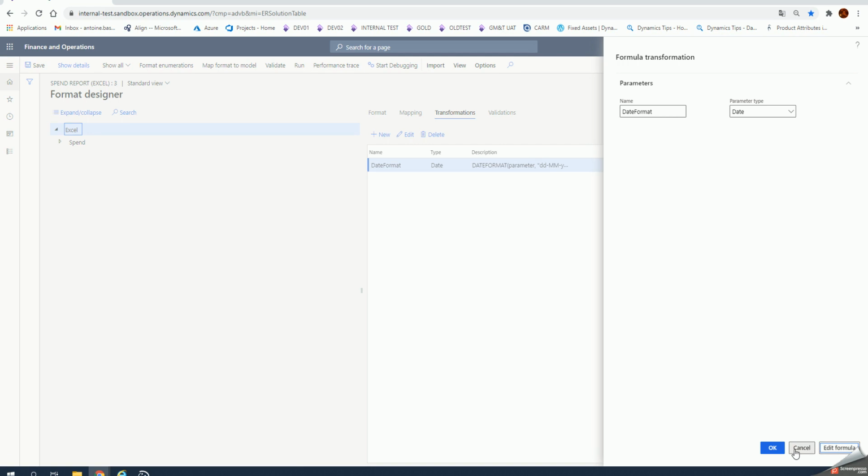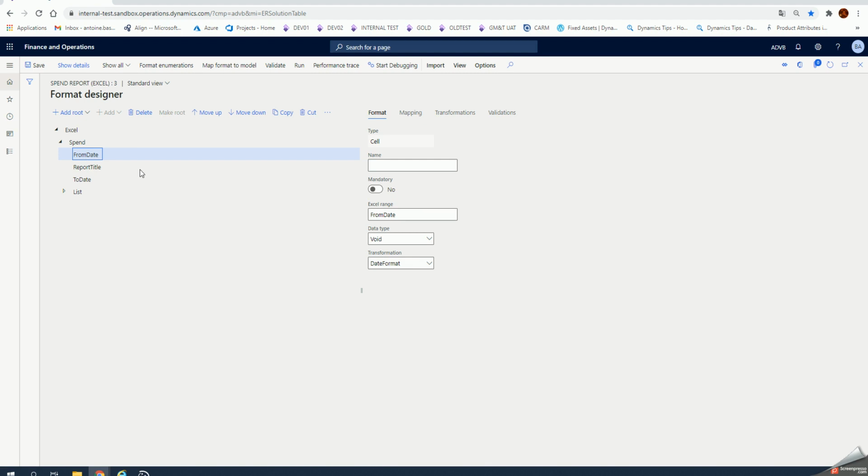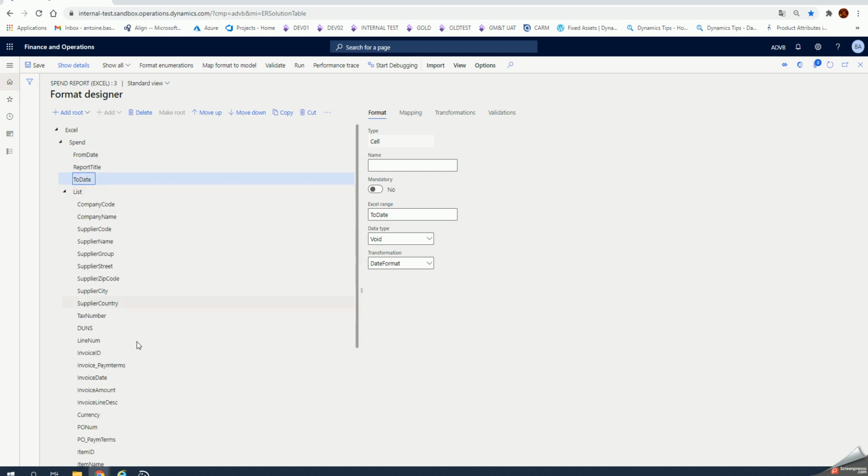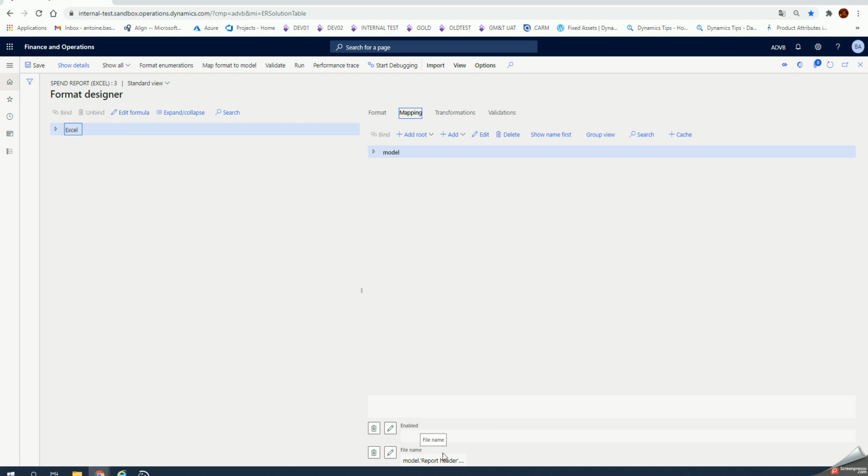And then I apply that transformation here to the field from date. You see transformation, date format, to date, date format, and the same for the invoice date here, date format. That's the one thing. The second thing is to specify the file name. To specify the file name, you select here the root node, then you go to mapping, and here you see you have a file name section. I just click on the pencil here to edit the file name,